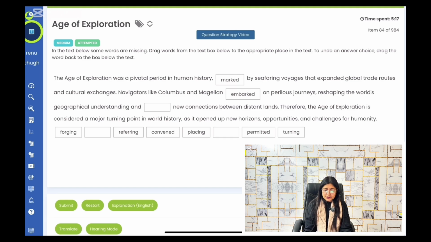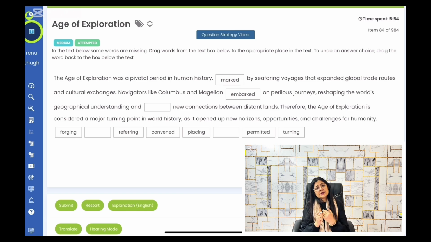Okay, journey, the world's geographical. Now, what was the purpose of the journey? To understand geographical and dash new connections. So we make new connections. In the previous reading passage, we learned about this, like with neighbors we socialize, we make new connections. So obviously we'll be looking for something like making. It would be VING. So let me search out what the ING options are: turning new connections, placing new connections, or forging new connections. Now I don't know the meaning of forging at all, but something like making should be over there.